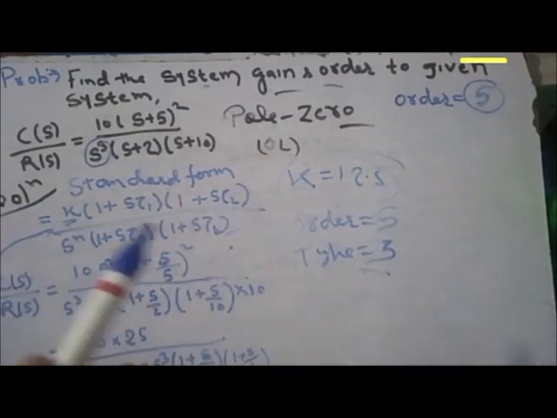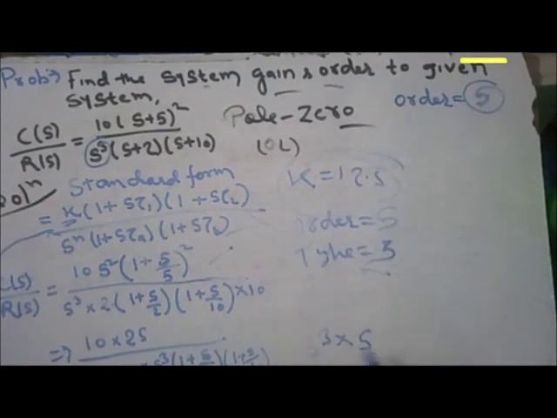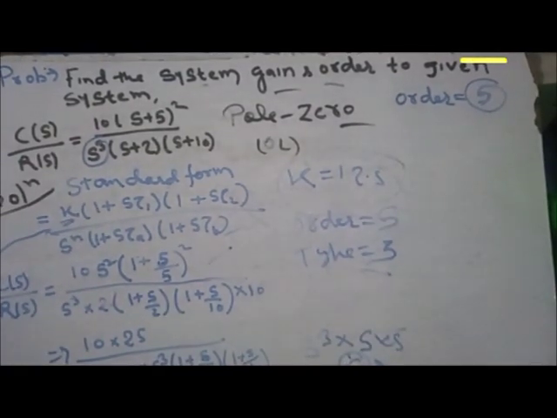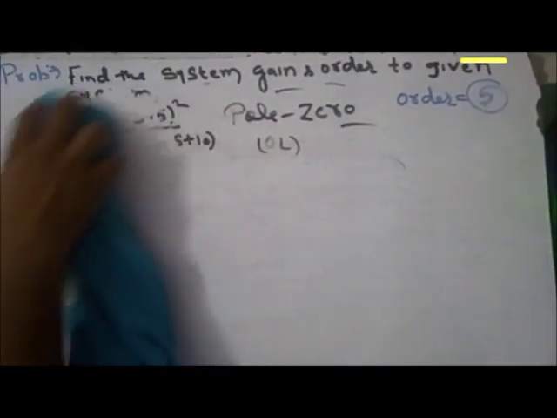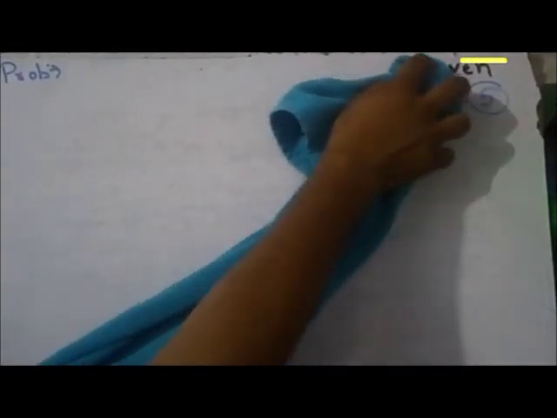Now see, basically this is the question. The question is on the screen: the unit step response of a unity feedback system is c(t) = 1 + e^(-4t) - 2e^(-2t) times u(t). Determine the type and order. It's very simple. It's the unit step response of a unity feedback system, which means it is the closed loop system. That means the Laplace inverse of C(s) is nothing but the Laplace